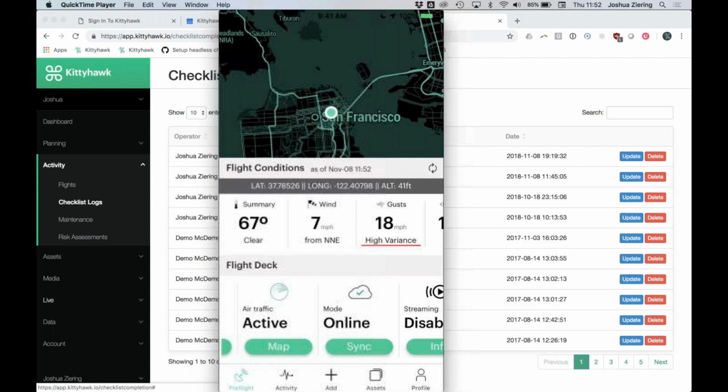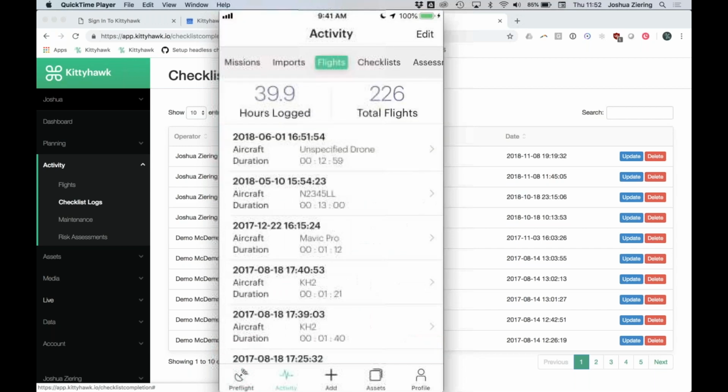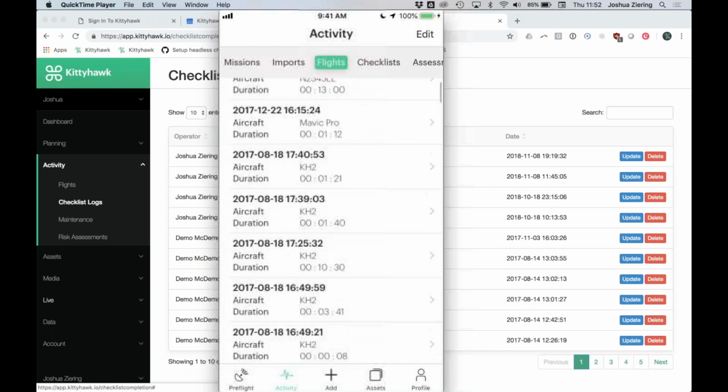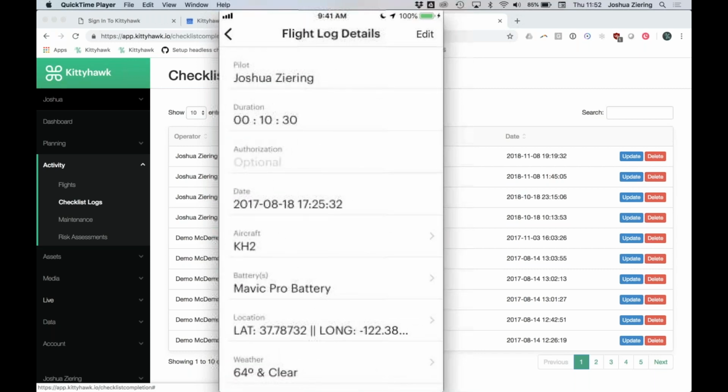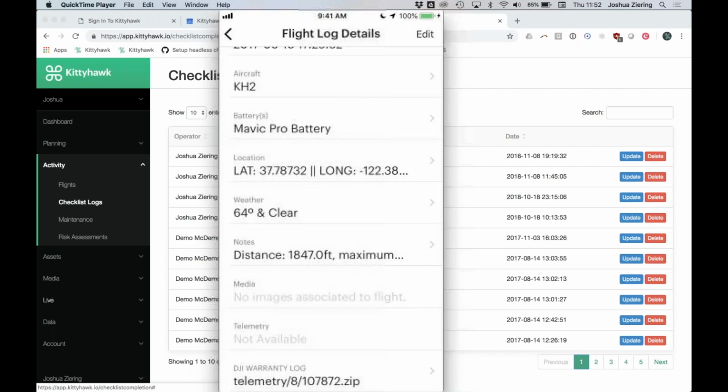Great. Well, we've talked about a lot of the different features, Josh. Is there anything that we haven't covered, or maybe just something that you think is the best, or one of the neatest, most revolutionary features of Kittyhawk that you want to make sure everyone is aware of at this point? Certainly. So outside of all of the information that we capture in our flight logs, we also have telemetry,